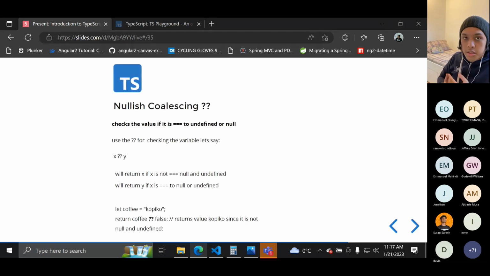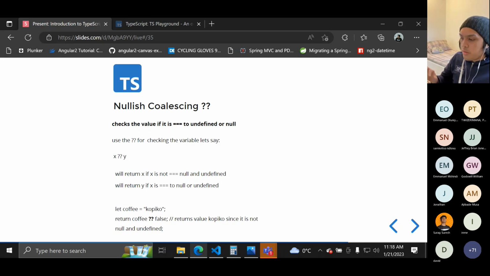Next is nullish coalescing. I'm not sure if other languages have this, but it is one way of making your code simple. If you use if conditions, for example, to check if a certain variable is null or undefined or false, you can use nullish coalescing. To summarize what you see in this slide, you have a variable coffee with a value of cappuccino.